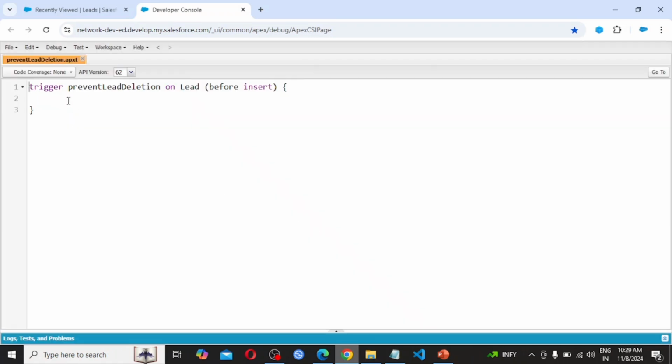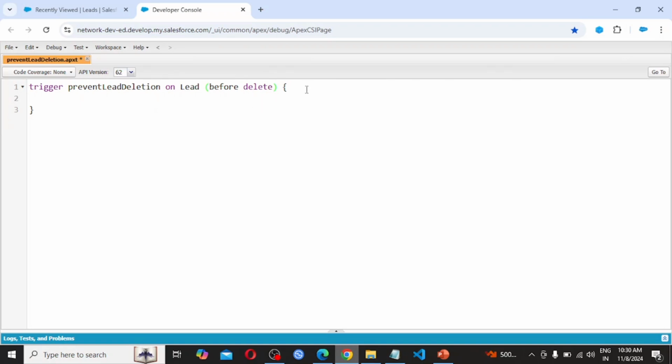This is the default structure we are getting: trigger, trigger name PreventLeadDeletion, on which object we are writing this trigger, on the Lead object. And what is the event we are going with? Whenever the lead is going to be deleted, it will be a before event, and the DML operation is delete.